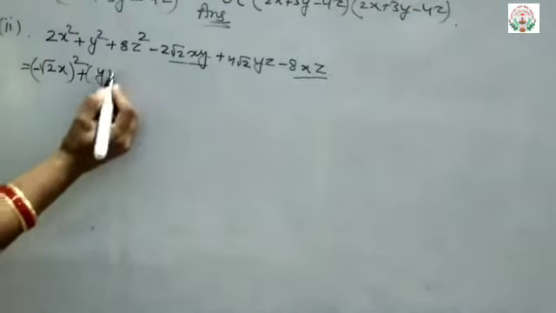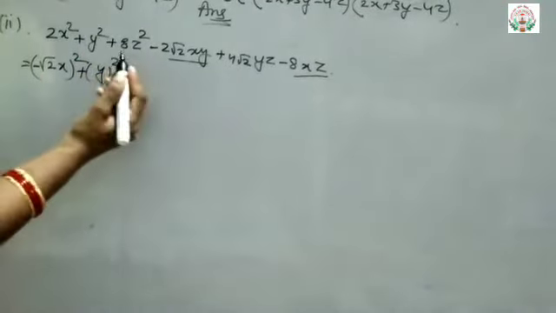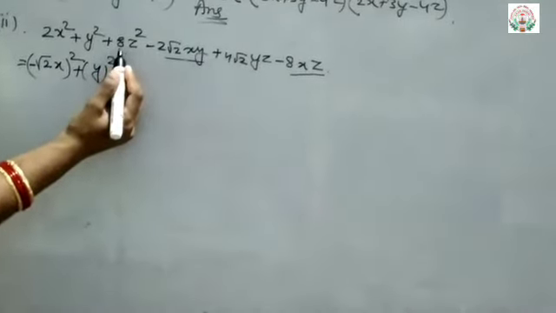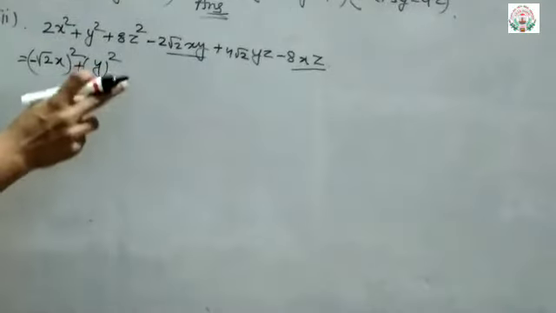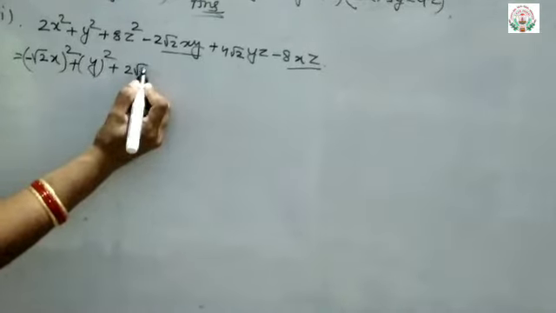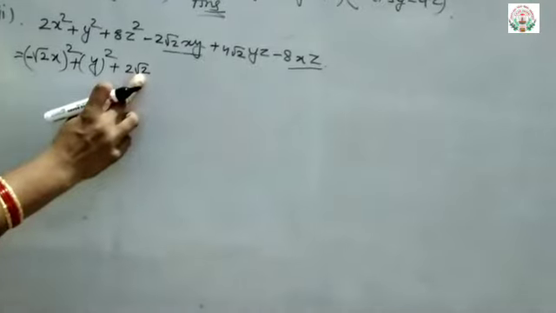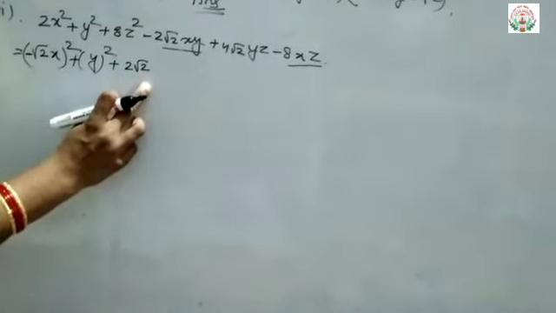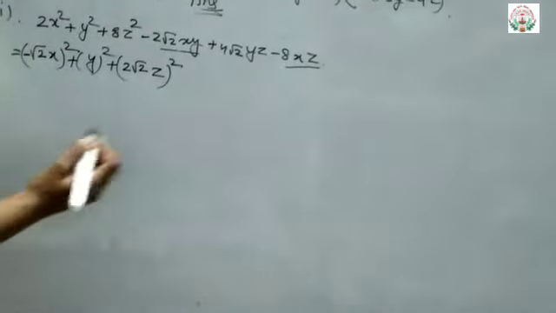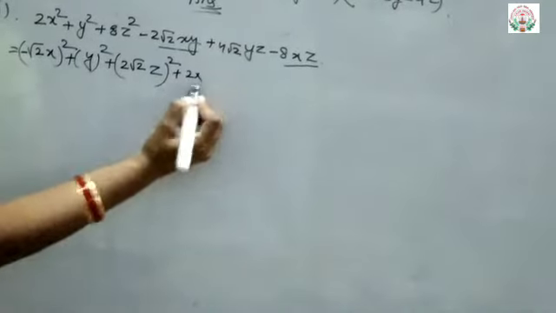After that y means only y square, because here no constant terms are there, coefficient is not there for y square. Now after that z. Z beside that coefficient you can see what? Z square coefficient is 8. So 8 is, you know that 8 is not a perfect square, right? So you can write this 8 as 2 root 2 because 2 square is 4 and root 2 square will be 2. So 4 into 2 will be how much? 8. So we got 8. Clear now? Z. Clear?